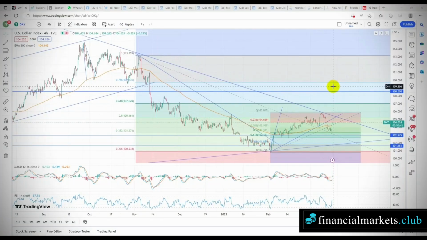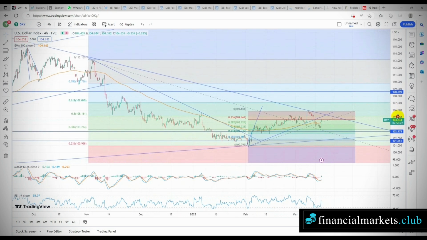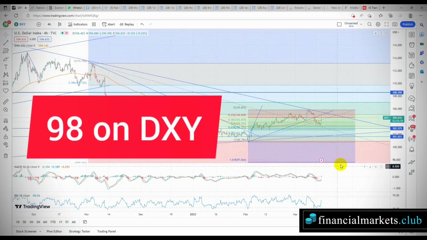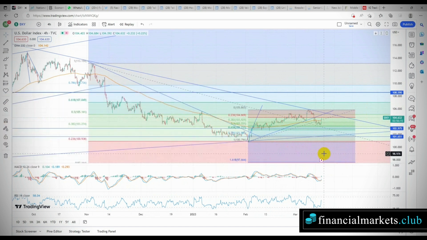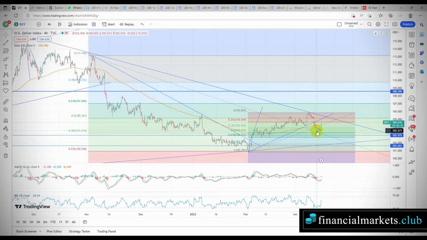Looking at the chart, what I can see is a very high probability of the dollar pushing down to at least the 101 level. I wouldn't be surprised if the dollar actually goes even lower. Looking at what's actually happened and the slow move up, there don't seem to be any signs of dollar strength at the moment. So I would suspect we're going to see the dollar push down to somewhere around 98 on the dollar index. Somewhere around there, I would expect a strong reversal. It's hard to tell just now, but at the moment, I would stay bearish on the dollar.